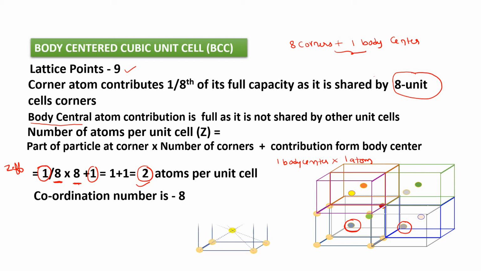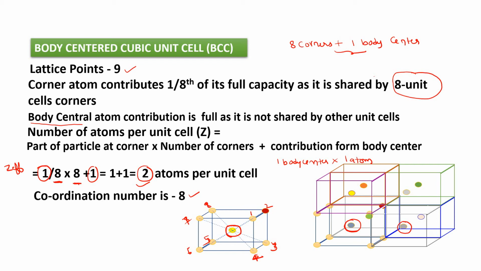The coordination number will be 8 here. Let me show how the coordination number will be 8. Now I put an atom at the body center like this. Now it is surrounded by how many atoms? 4 atoms like this. All the corners of this unit cell become neighboring atoms, 3 is missed here, then 3, 4, 5, 6, 7, 8. Now the body center is surrounded by 8 corners. So the surrounding atoms will be 8, and the coordination number also will become 8.